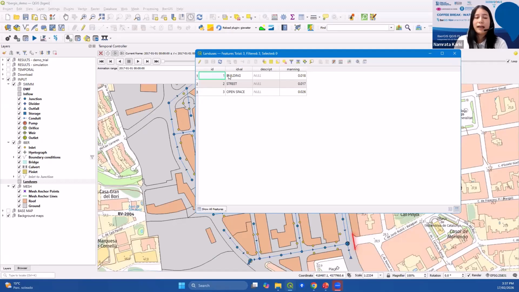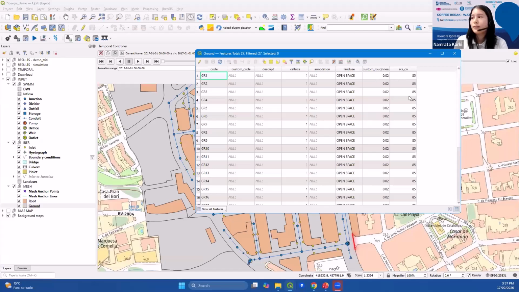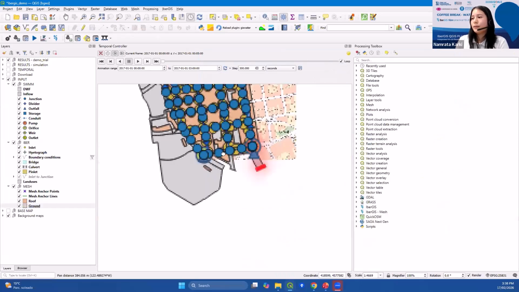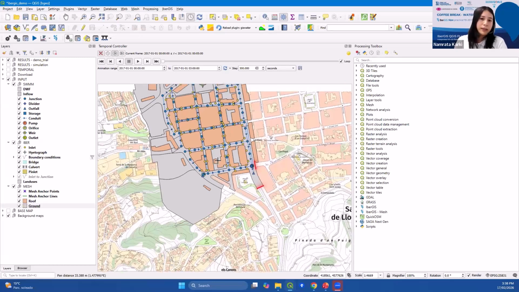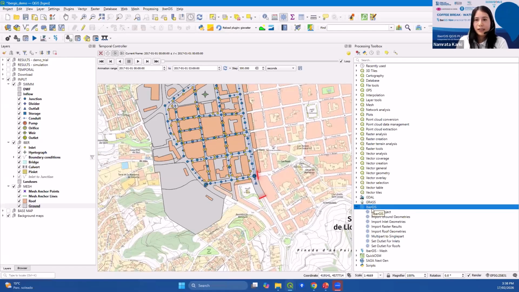For the example, we just have 3, but of course, there will be many more than 3 for the land use. After that, for the ground, you can also have custom roughness or the curve number and the cell size. You can put the cell size as you like. For the moment, I've just put it to 1. There are 2 ways to have the grounds. One, you can draw it by yourself, but there will be too many grounds, and who would want to do that manual labor? So we have a couple of sets of algorithms in the processing toolbox in QGIS itself, which will help make your life easier to import this